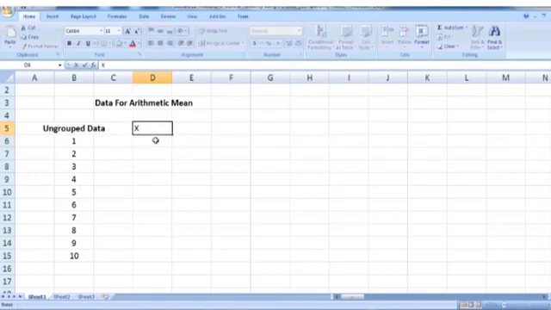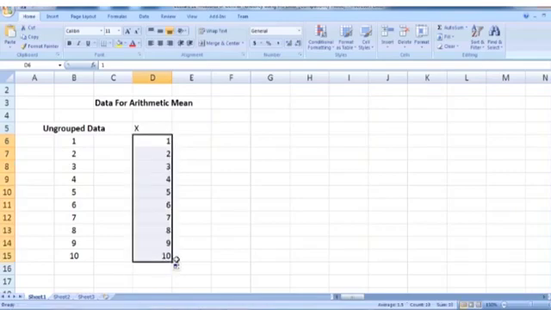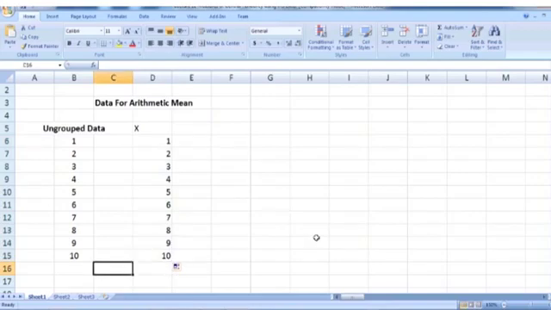So label this column as X and then the data 1, 2, 3 so on up to 10. So this is our data. We want to calculate arithmetic mean. So in order to calculate arithmetic mean, we will add all these numbers. So let me write here total.